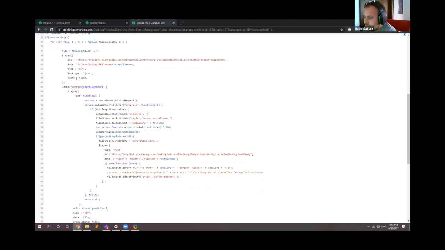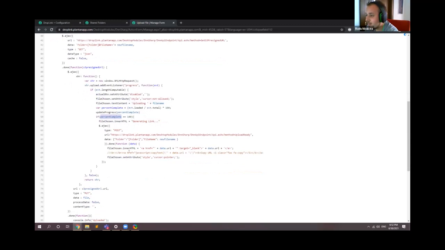And after getting that URL locally from PlantenApp, I'm taking that URL, and I'm gonna be honest with you, half of this code I copied from somewhere, but it worked for me. I'm manipulating the UI a little bit, and I also found a way to see what the progress is in the process completed. If the process completed is 100%, I'm just saying generating link, and I'm doing another request where I'm asking DNN to synchronize with S3 so it can provide me a